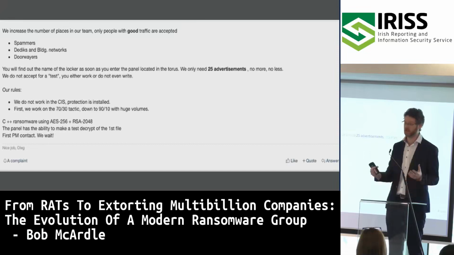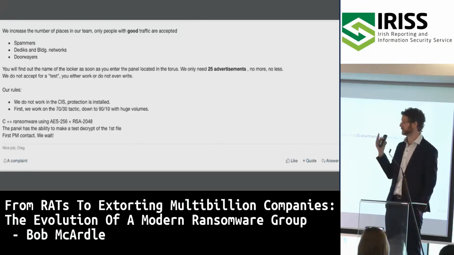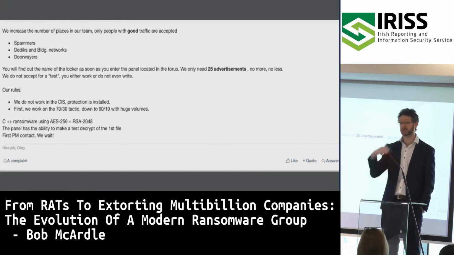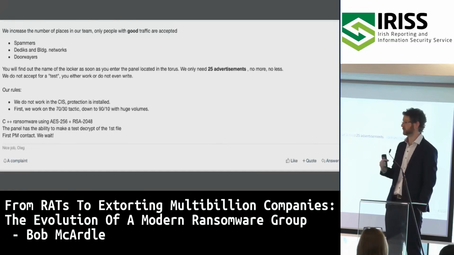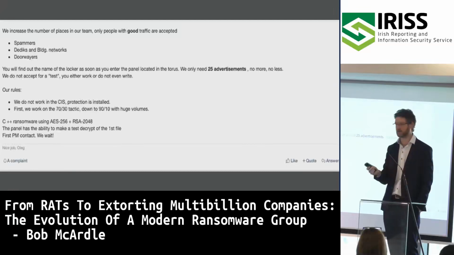They wanted to get rid of them. So when they advertised NIMTY, they limited it to only 25 affiliates they would work with. They would even offer up to a 90-10 split for really good affiliates who could get them onto a lot of good networks, right? So this is just a case of them trimming the fat off their business, if you like.